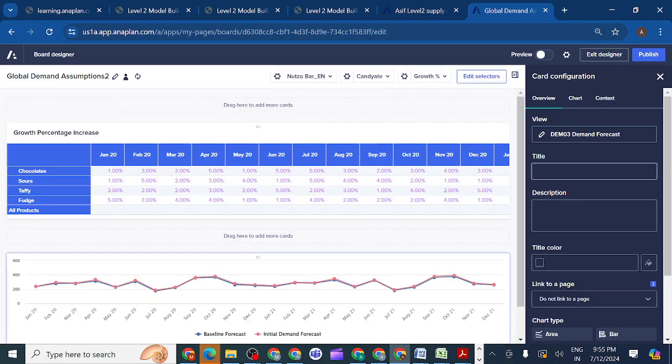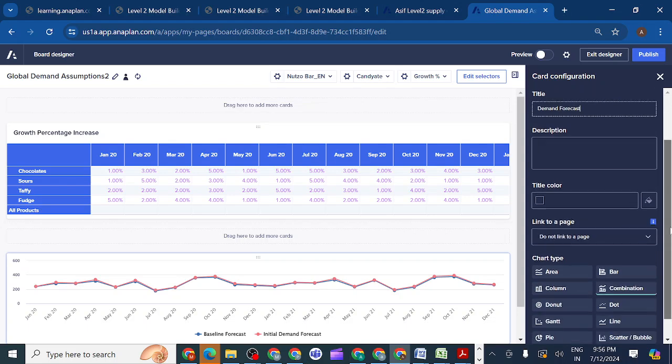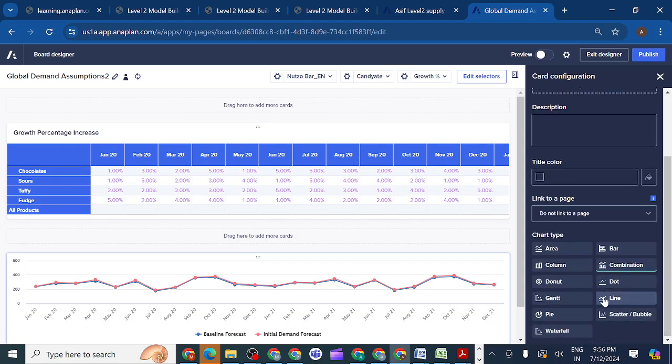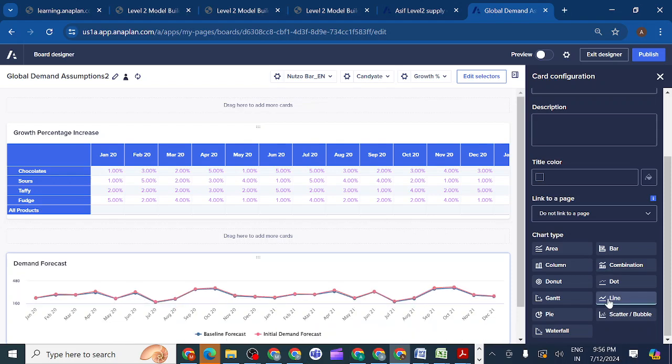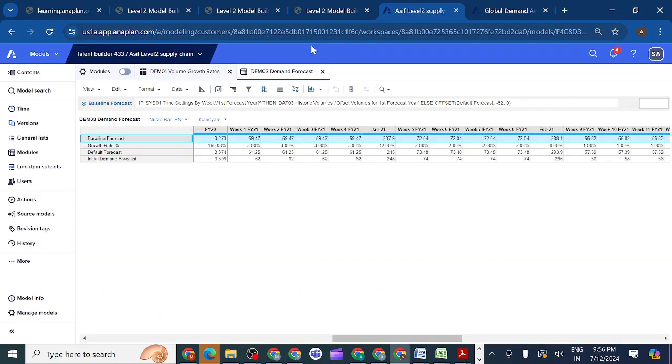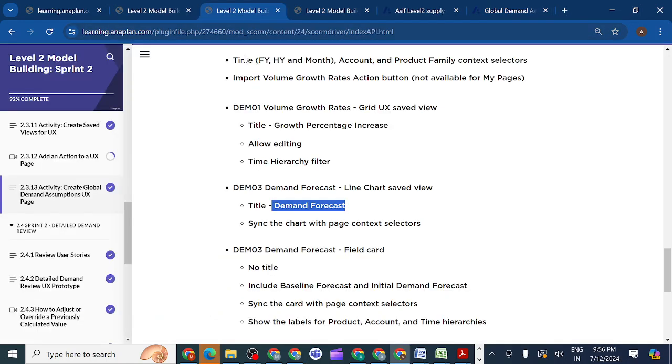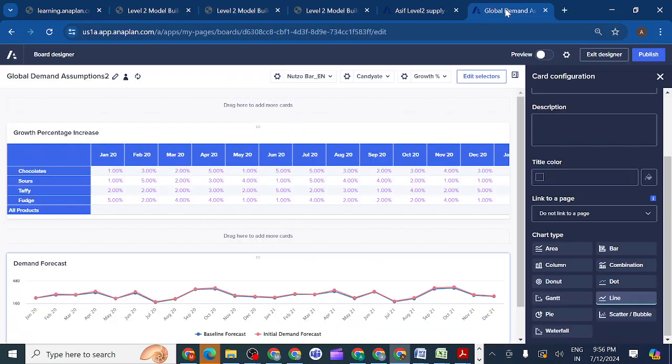we should give the title name, and you can see here. So what is the chart we should select? Line chart. Line we should take here, and after taking line, synchronize the chart with the page context selectors. Synchronize the chart with the page selector means we need to sync